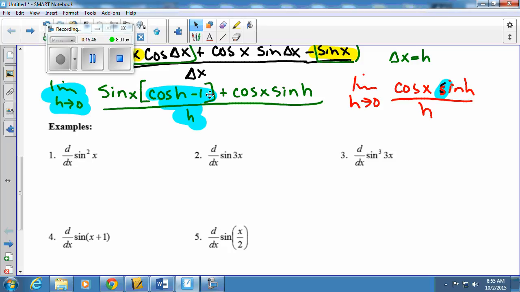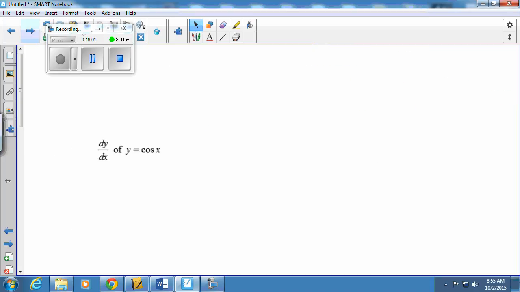Is that equal to 1? So what's 1 times cosine x? I don't have a place to plug in h, so it's just equal to cosine x. So let's think about what we just did there. We said that